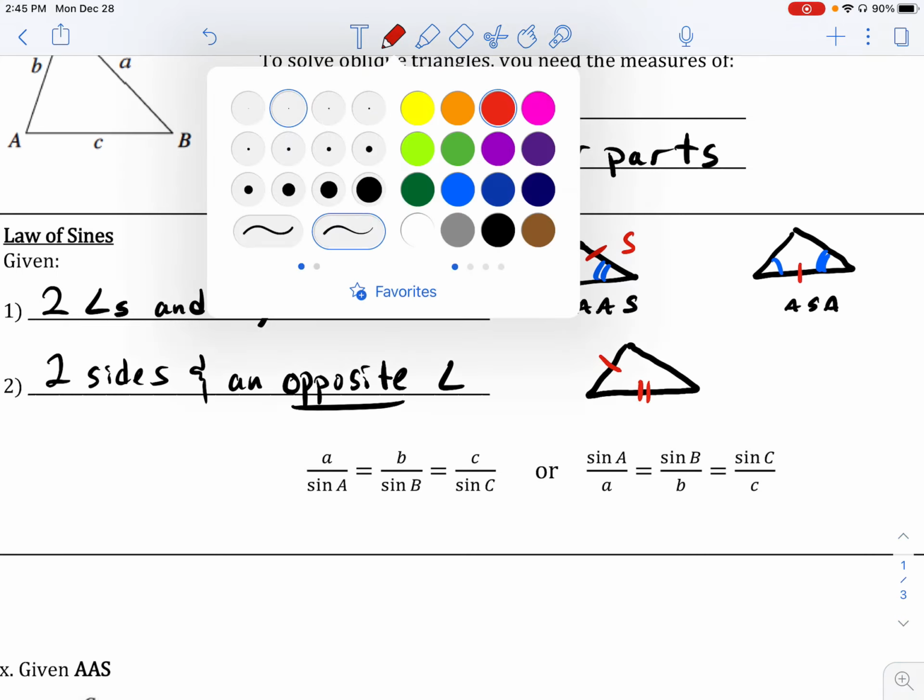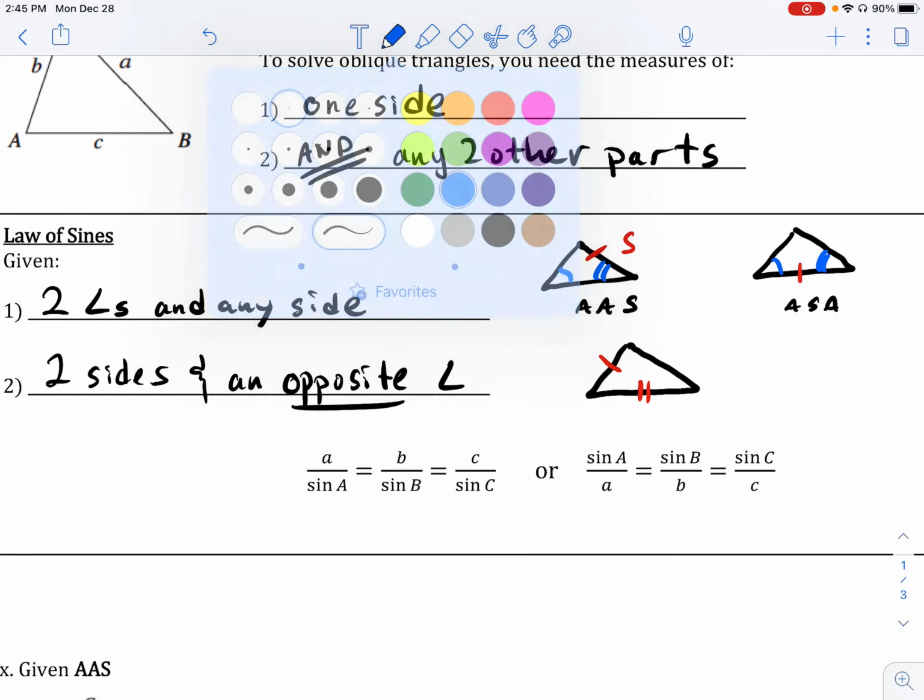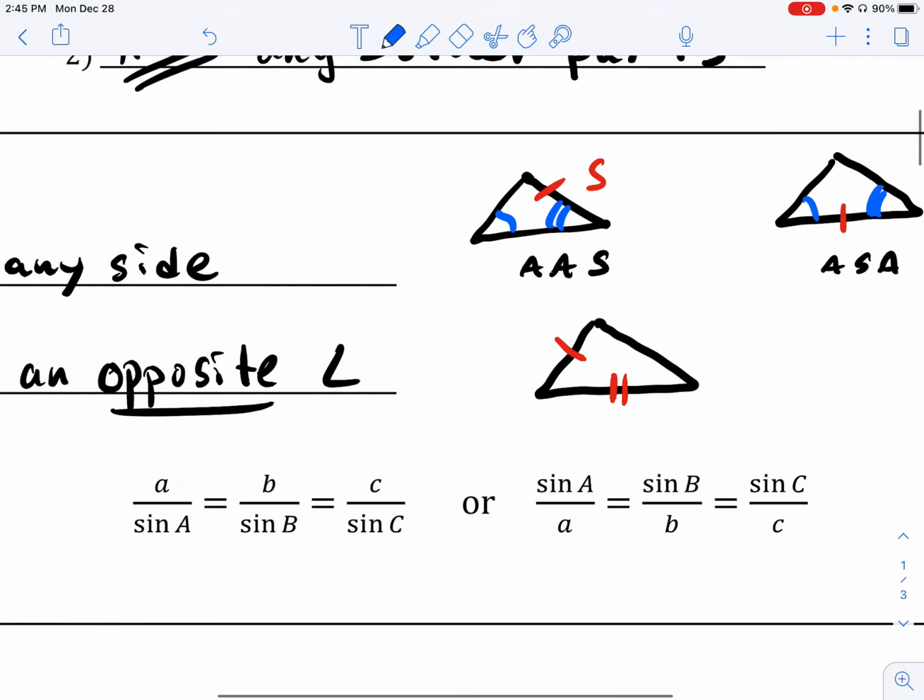But the angle that we're given can't be an arbitrary angle. The angle that we're given has to be opposite one of these two given sides. And when I say opposite, I mean an angle that is literally just across from the given side. So if I were looking at this side here, the angle that is opposite of that would be this angle here. So we could be given that angle,